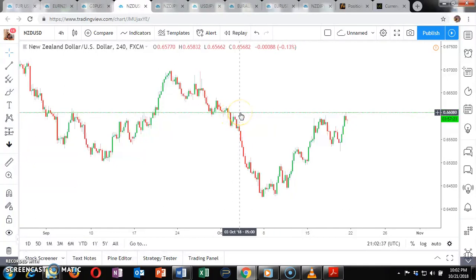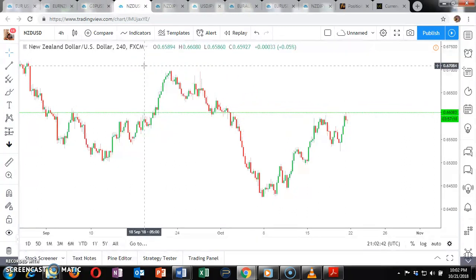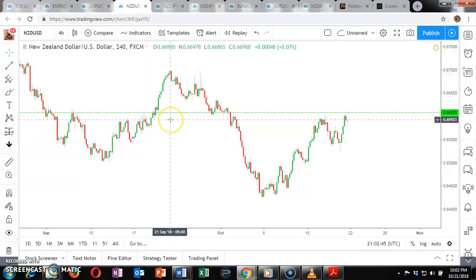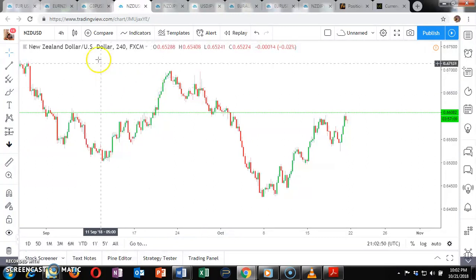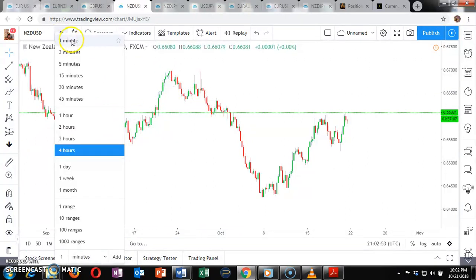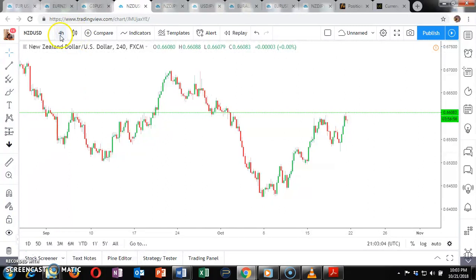Now, you must keep something in mind: the rhombus strategy, which I taught in the previous course, and this rectangle mosaic strategy, you do your analysis on the 4 hours time frame. Now remember, I told you we'll have 1 minute to 45 minutes, we'll have 1 hour, 2 hours, 3 hours. We're doing this analysis on the 4 hours time frame. So you're going to click on this 4 hours, you come here, choose your pair, and then you do your analysis. So the first thing you want to do here is to look for the highest point